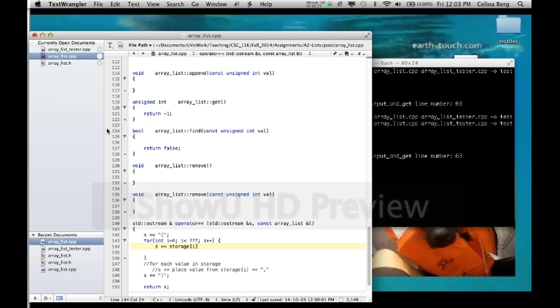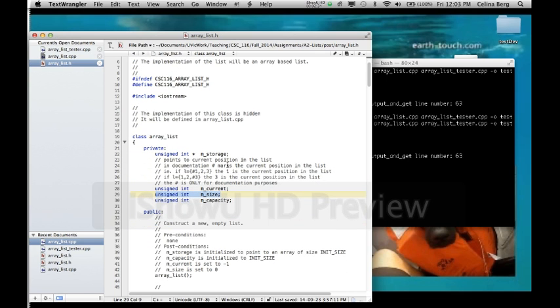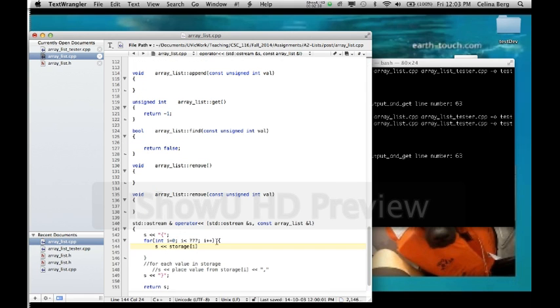Okay, so what is the name of our array? If I look back in my .h file, I'll see that, oh, it's actually mStorage that is the name of my array. I'm going to copy that and paste that. mStorage at index i. Okay, and we're also going to append a comma, because we want commas between each one. Okay, so if I try to compile this,